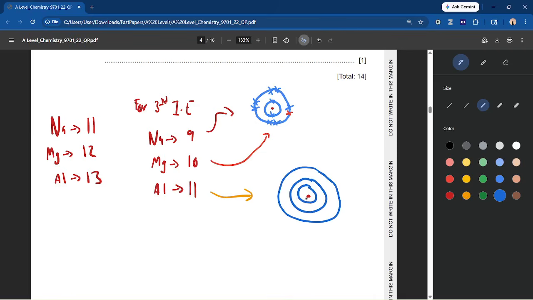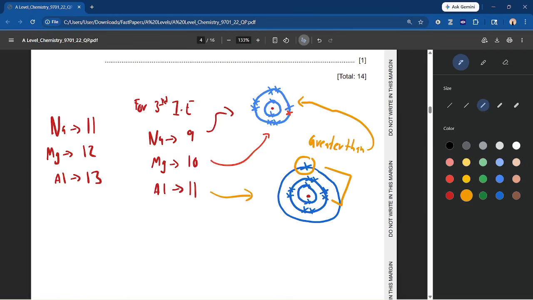And then if I draw the crosses, so 1, 2, 3, 4, 5, 6, 7, 8, 9, 10. And where's the 11th one? The 11th one is out here. So look at the distance between this and the nucleus. So this is much greater. This distance is greater than this distance. So you're removing an electron from the third shell compared to sodium and magnesium, who are only removing an electron